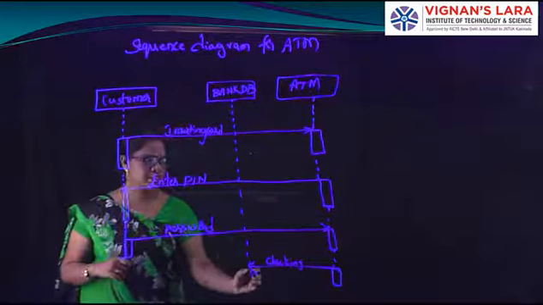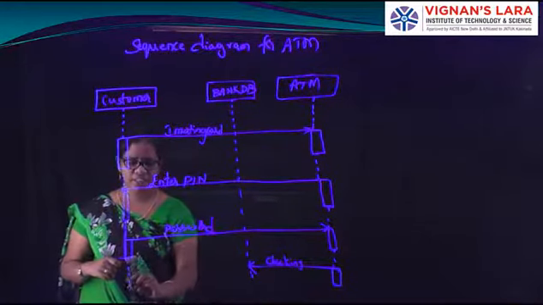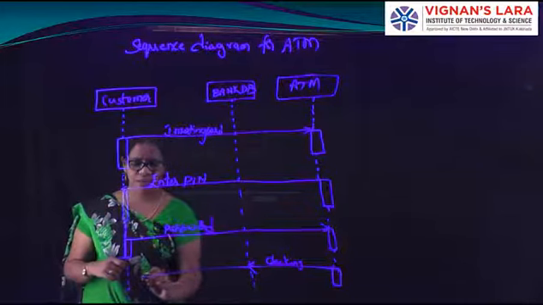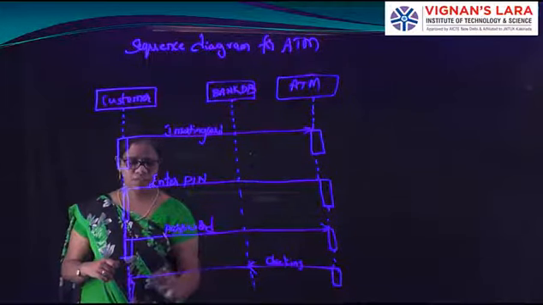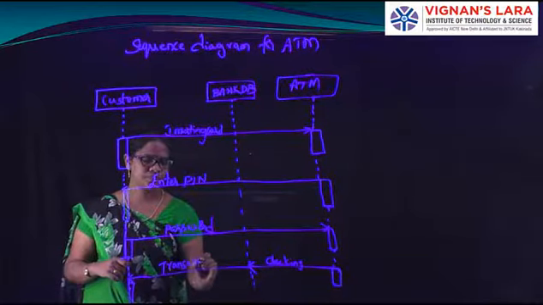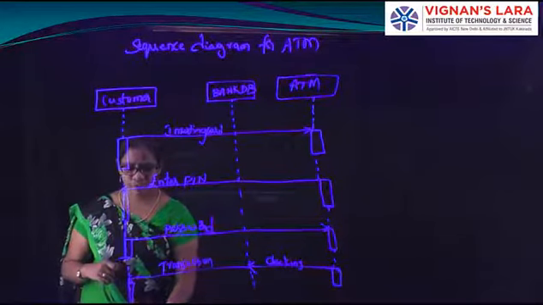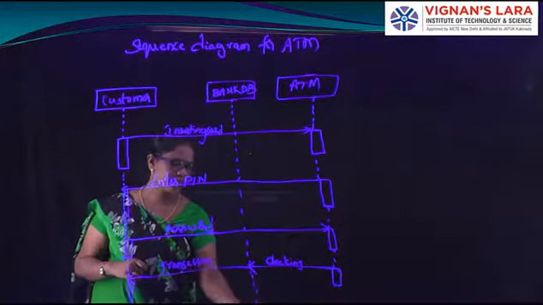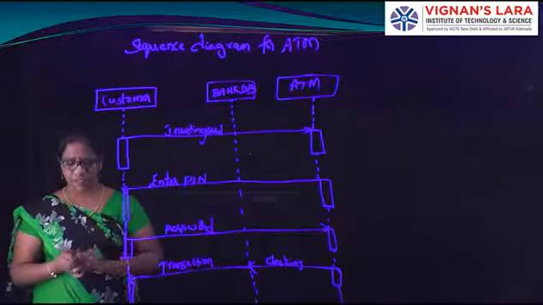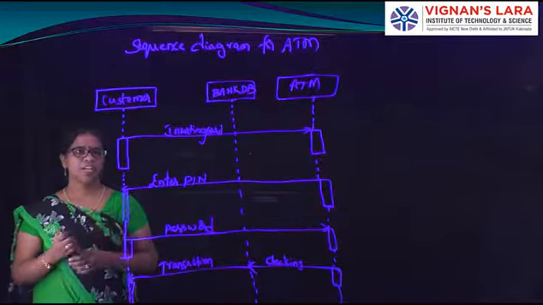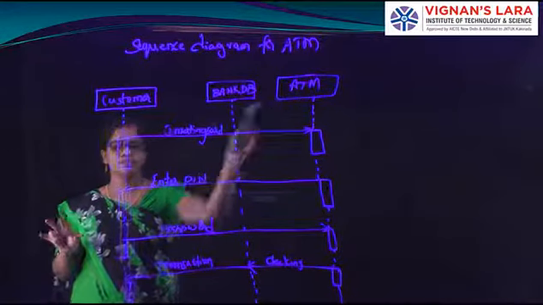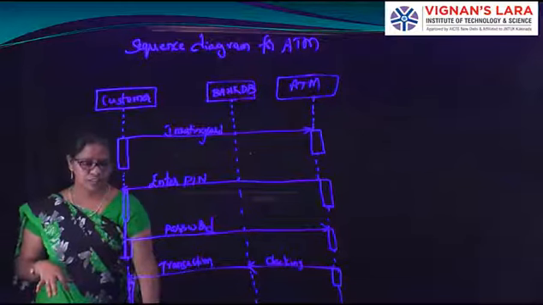After the checking, if the credentials are right, then it will come from the bank to the user. Then transactions, what type of transactions? And at the end we have to keep the cross mark. If you completed the transaction, then we give the cross mark. So this is the sequence diagram for the ATM. Like this we have to draw the sequence diagram. Customer is one use case, bank database is one use case, and ATM is one use case. Okay, so this is the sequence diagram.